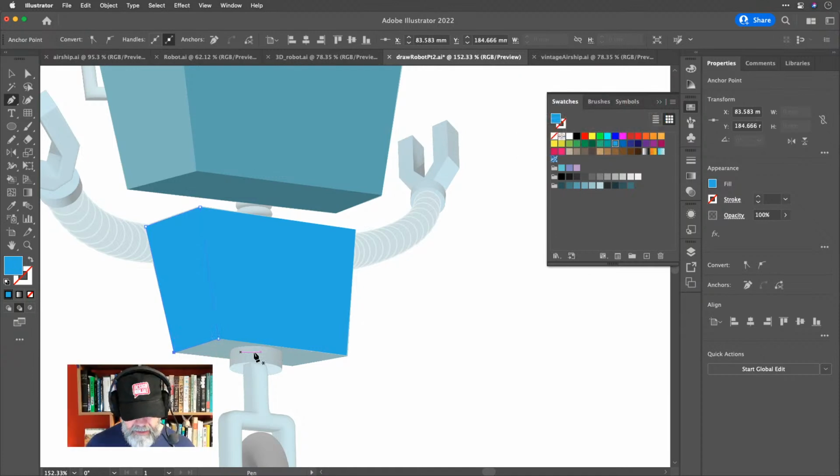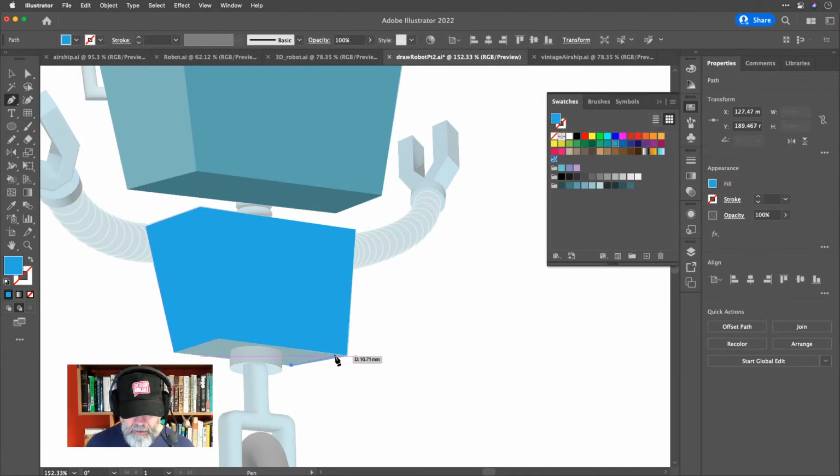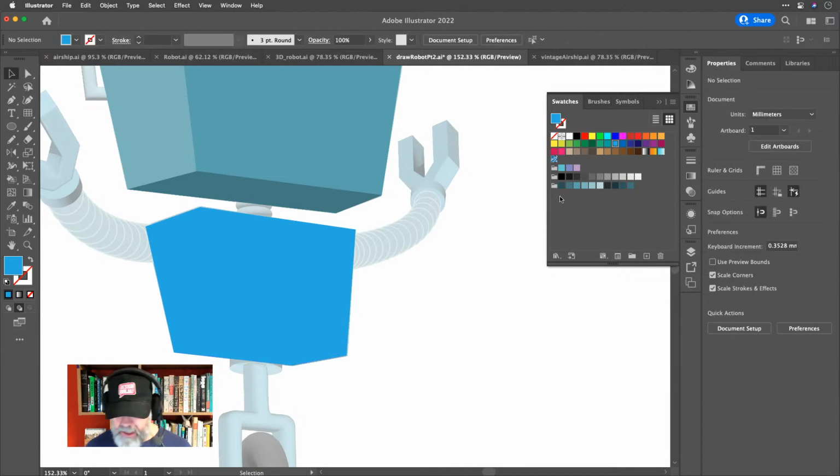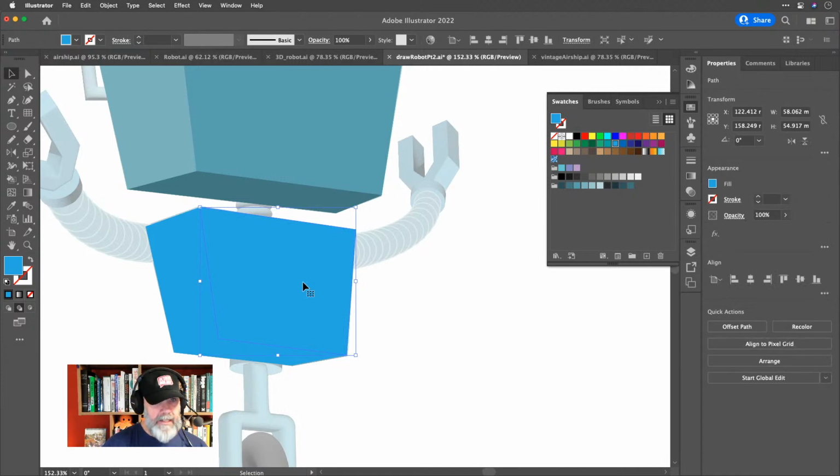Okay, so I'm going to do that, then start drawing the next path just here, connecting with all of the other path points, and then colouring those up. Now, I'm not going to turn this one into a live paint group because the other one was just for demonstration, because I did say I would cover that off. However, I am going to sample